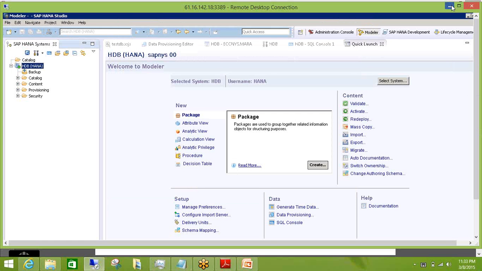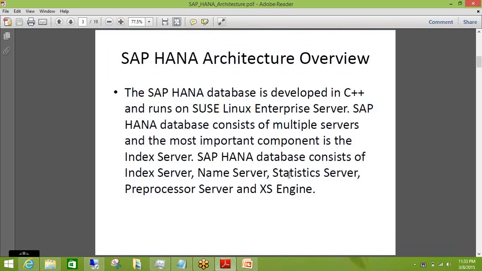Okay. Now, this slide is basically talking about how the HANA database is developed using C++, and the supported OS is SUSE Linux and Red Hat Linux. So these are the two things. Second is,